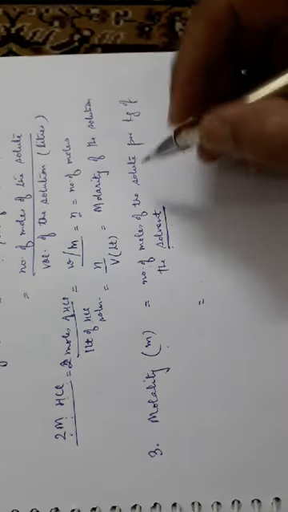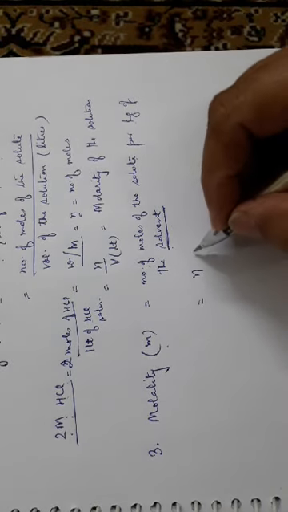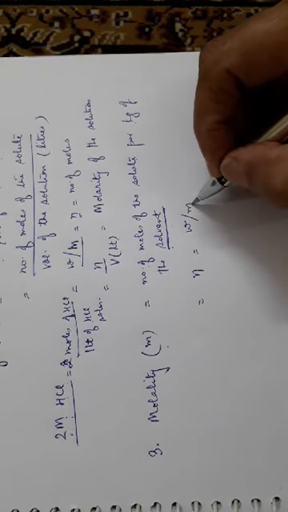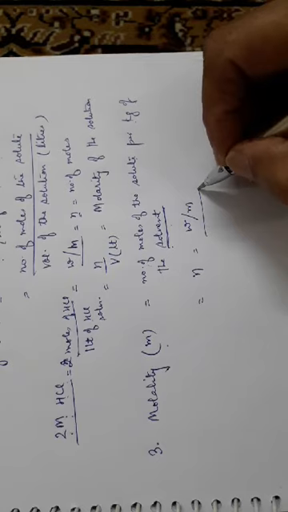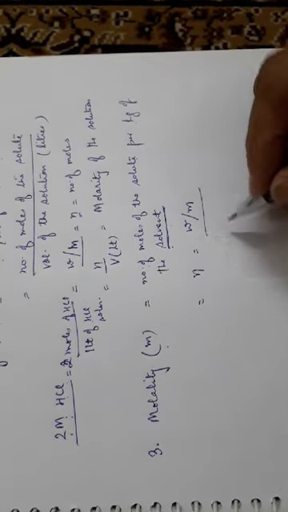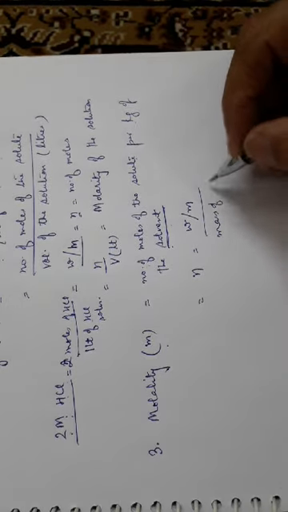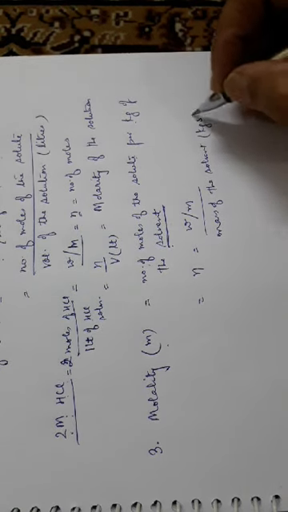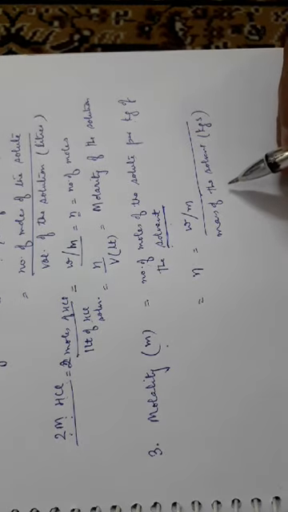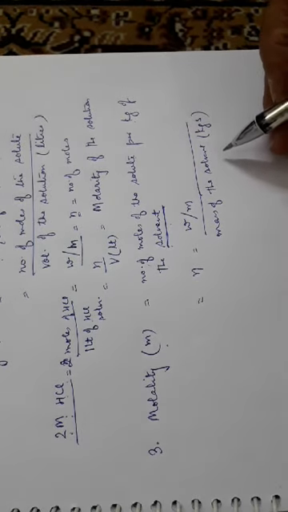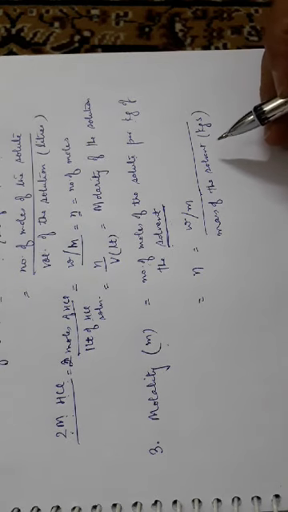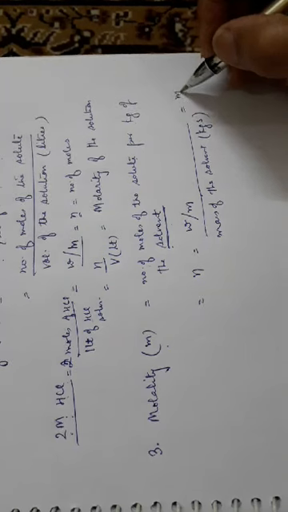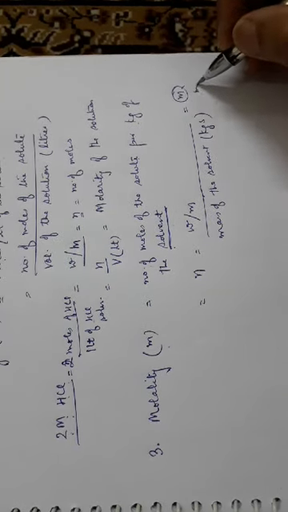So the number of moles of the solute, we can say it is N. How is it calculated? If small w is the weight of the solute, small m is the molar mass of the solute, divided by mass of the solvent. Mass of the solvent in kgs. So if the mass of the solvent is given in grams, you will be converting it into kgs and then you will be calculating the small m, that is molality.